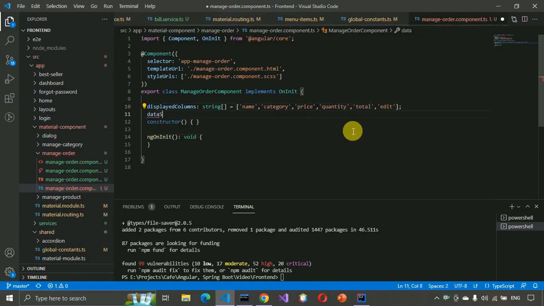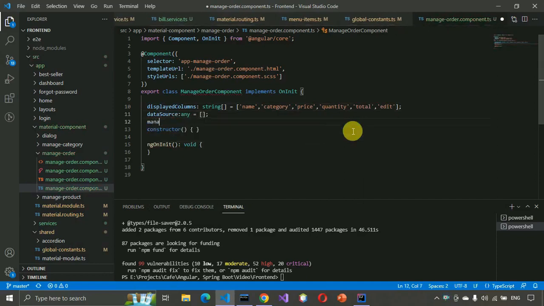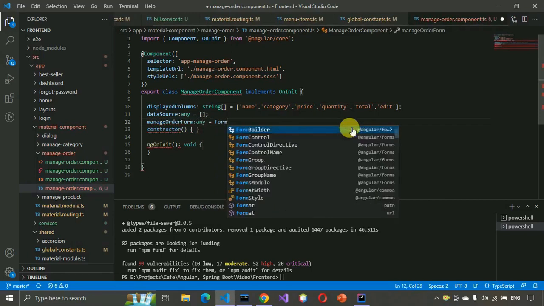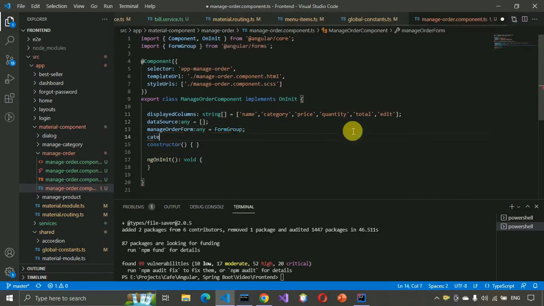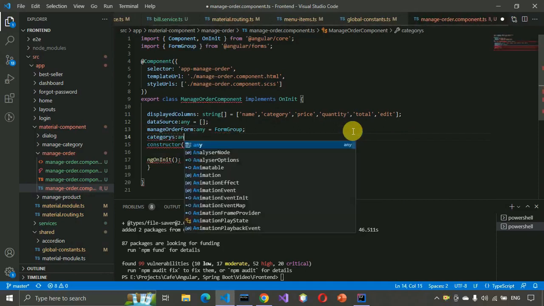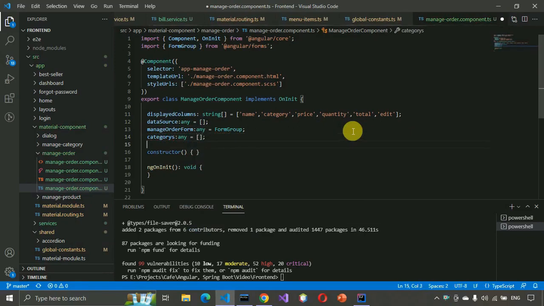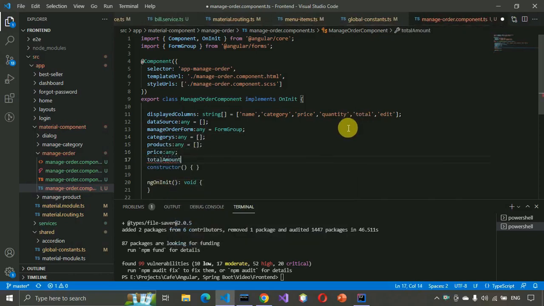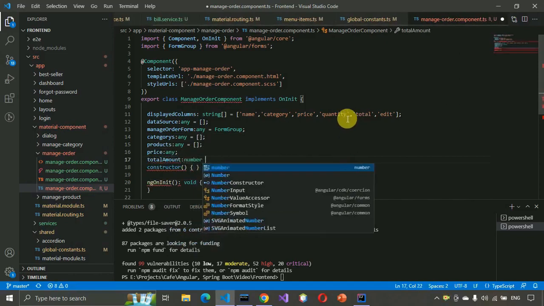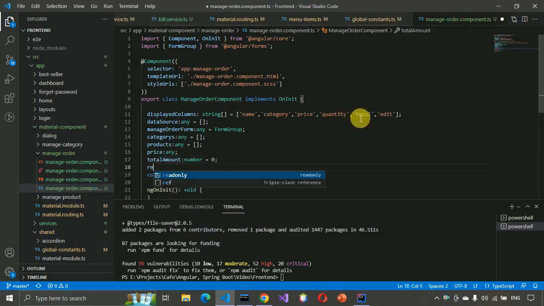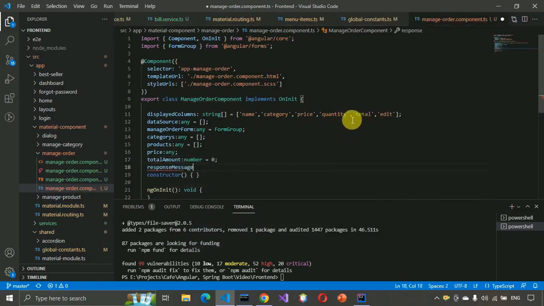and data source any. Manage order form we need to create, and form group, this one, column, and categories we are expecting, and we will store it in this one, and products also, and it should be stored in the array, this one, price, any type, and total amount, and it should be of a number type, and it should be is equals to 0, and response message any,